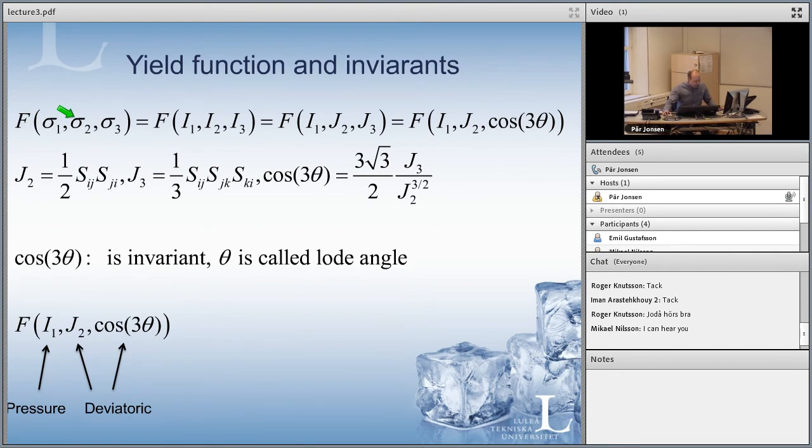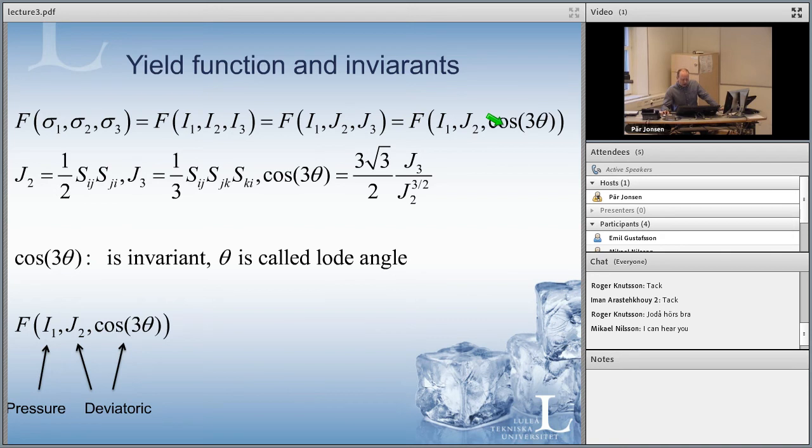Okay, in the beginning of the lecture, I told you that the yield function can be dependent on principal stresses and invariants. This was for the stress. I1, I2, I3 is for the stress tensor, and J1, J2, J3 is for the deviatoric stress tensor. But you can combine them. This I1, the first invariant for the stress tensor, can be combined with the second invariant for the deviatoric tensor, and the third invariant for the deviatoric tensor. But you can also write it like this: